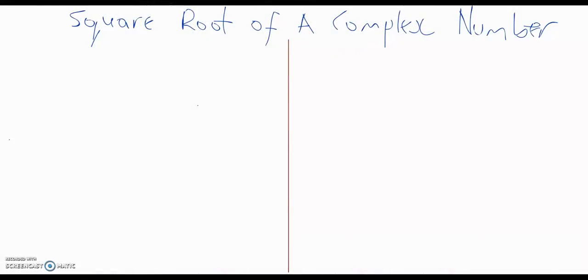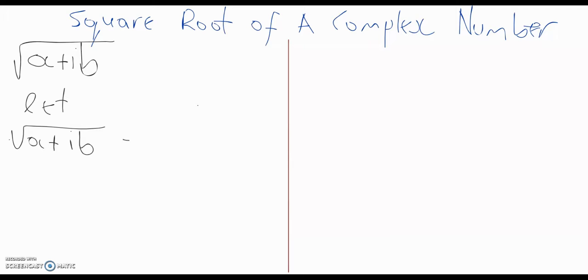Today, we're going to be looking at how we find the square root of a complex number. So let's start by having a simple complex number. Let's say we have a plus ib, and we want the square root of this complex number. Now we must assume that the square root of a complex number will also be a complex number. So we can say let the square root of a plus ib be equal to x plus iy, which is